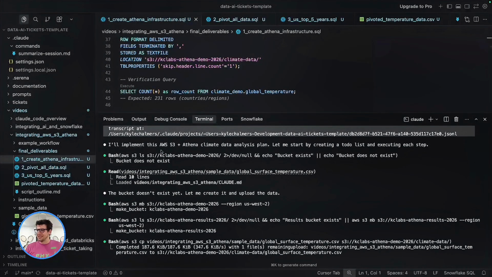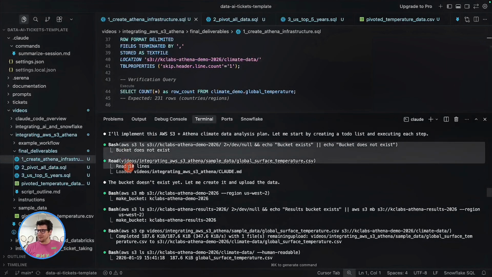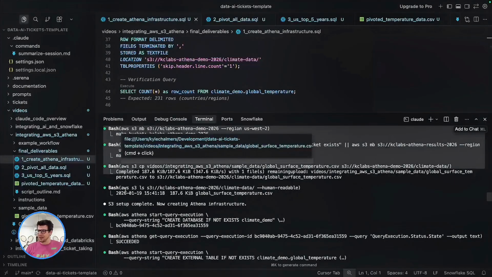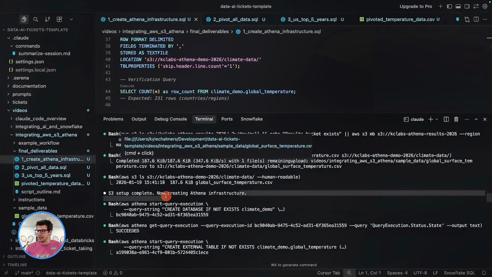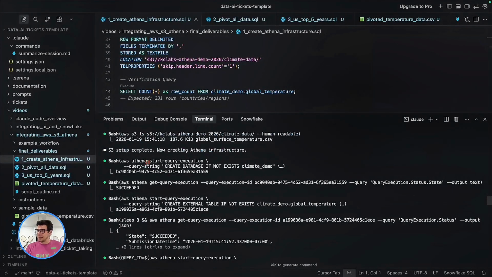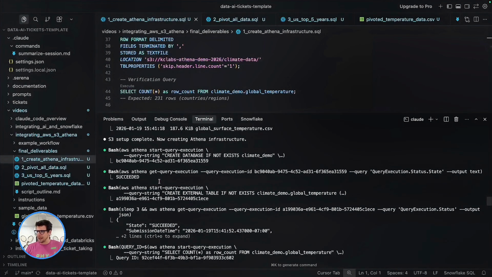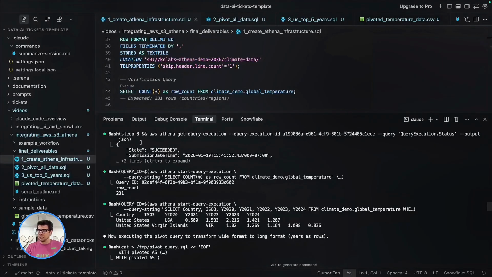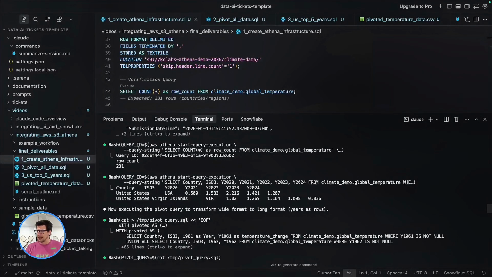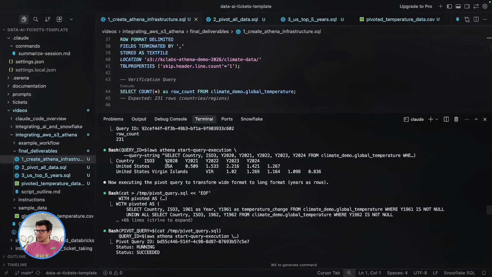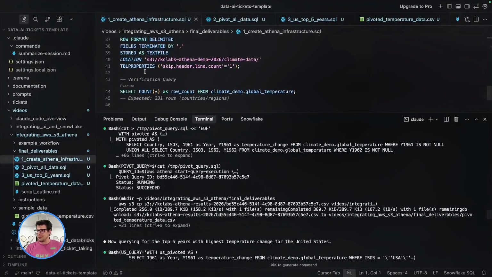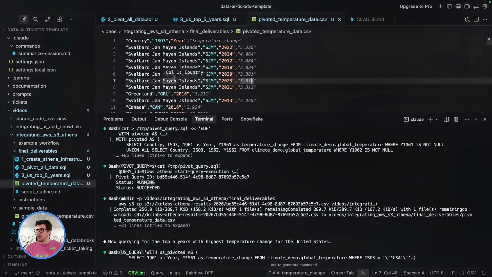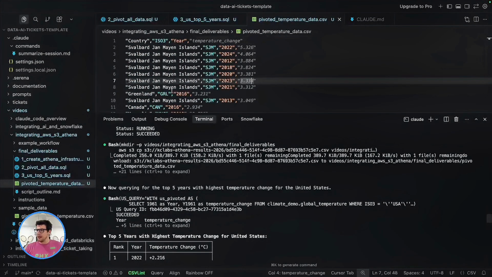Only about 5 minutes later, it went through the whole AWS section for S3, checking if there was a bucket, and then ultimately uploading the data and setting it up. And then it goes creating the Athena infrastructure to create the database, do the query execution, ensure itself that it all worked correctly, and then get the results from all the queries that it ran. And so we can see the queries that it ran up here as well in 1, 2, and 3, which